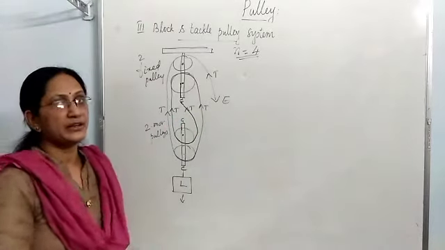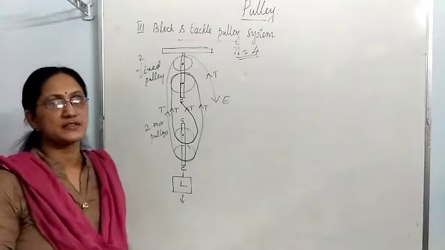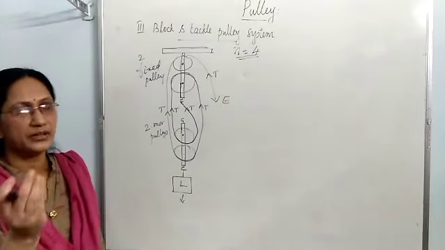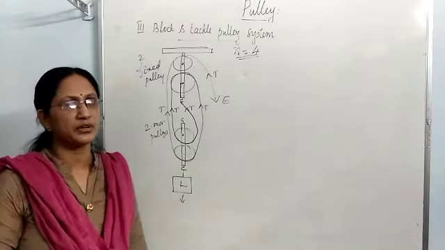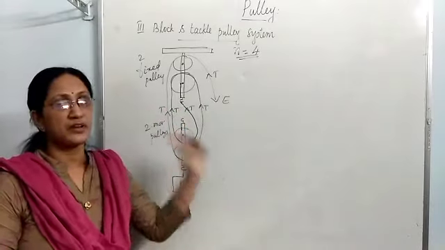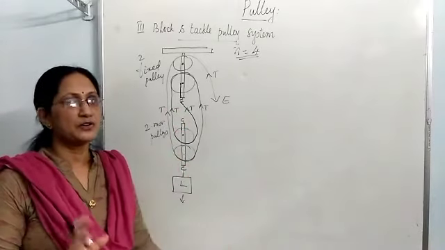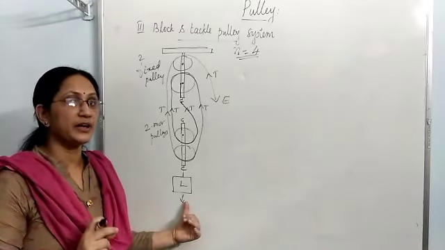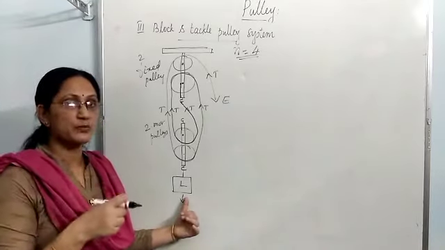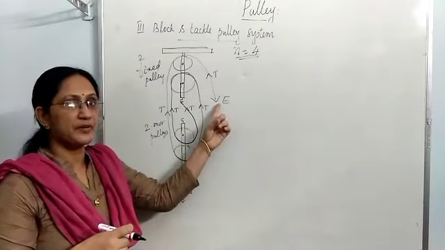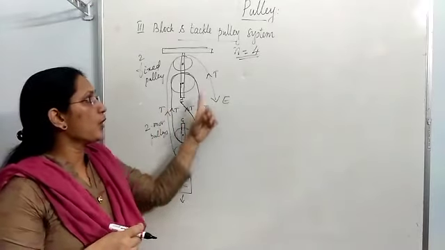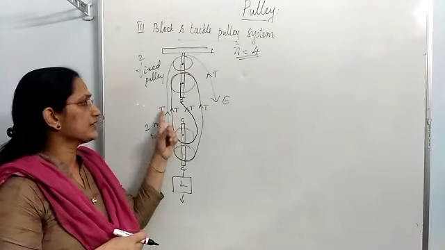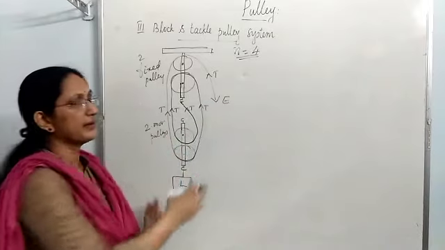Now, as you did earlier, assume this pulley system is in equilibrium condition. Before that, let me say one thing. These diagrams are important and these arrow marks are very important. Without arrow marks, you will not score the marks. Once again I tell, wherever you have to put arrow marks: the direction of the load is to be marked downward, the direction of effort downward, and tension on all rope segments in the upward direction, and you have to write it as T, tension. So this is the complete diagram.